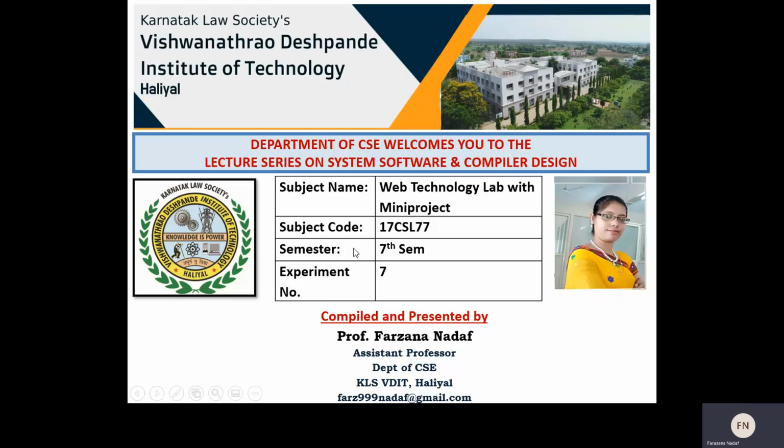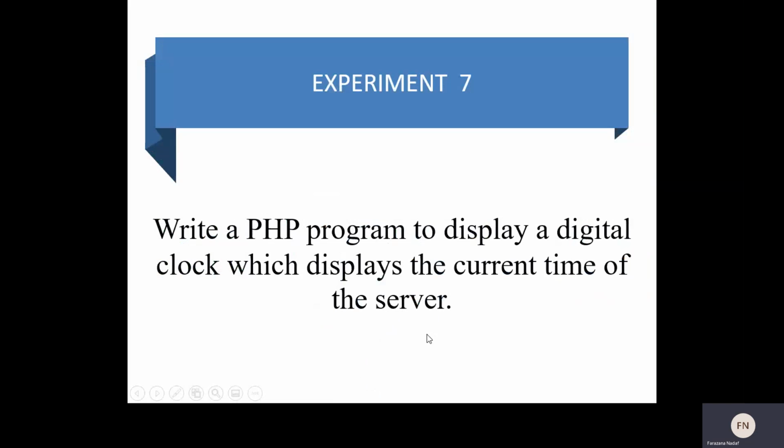So already we have finished the 6th lab program. This is the 7th lab program. The subject code is 17CSL77, experiment number 7. Okay. So experiment number 7: write a PHP program to display a digital clock which displays the current time of